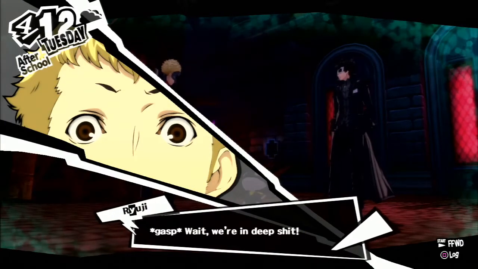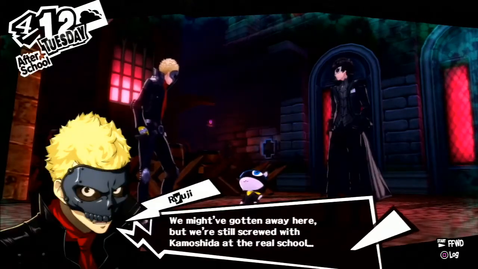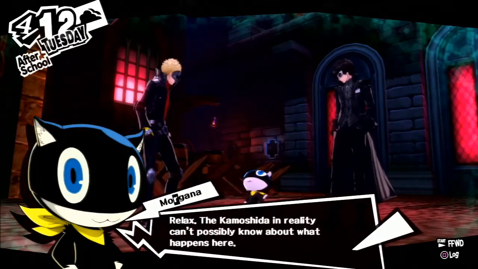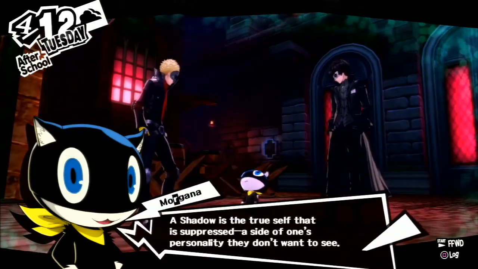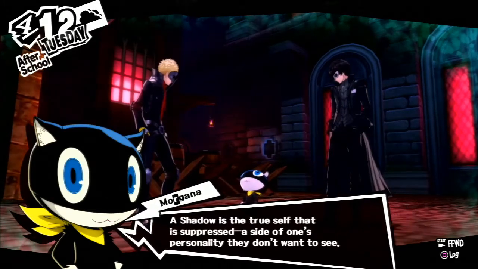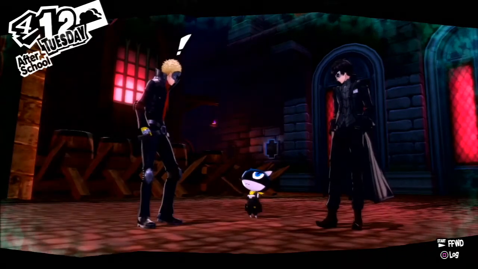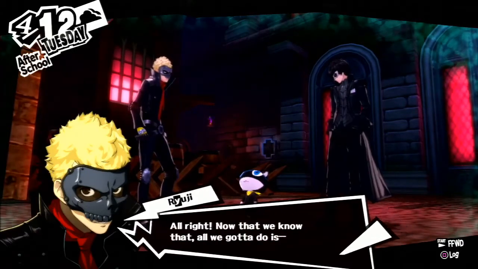Wait, we're in deep shit! I said to be quiet! We might have gotten away here, but we're still screwed with Kamoshida at the real school. That's quite sharp of you. For being an idiot, relax. The Kamoshida in reality can't possibly know about what happens here. A shadow is the true self that is suppressed. A side of one's personality they don't want to see. So, we're okay? Did the Kamoshida in reality remember about the execution? There you have it. All right. Now that we know that, all we gotta do is...